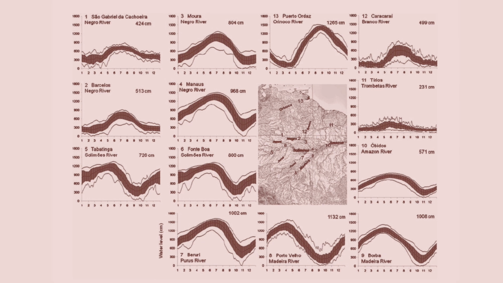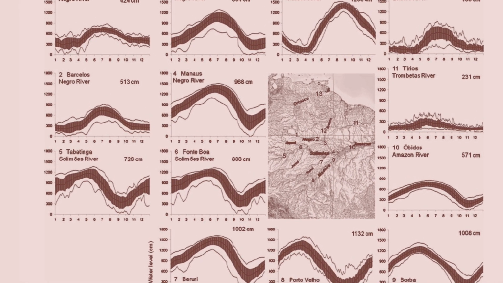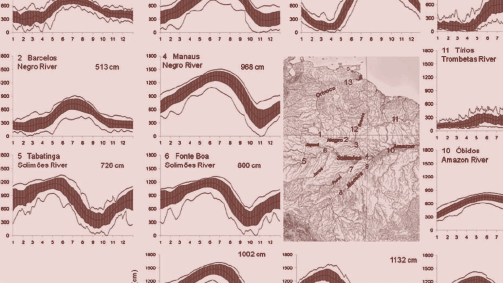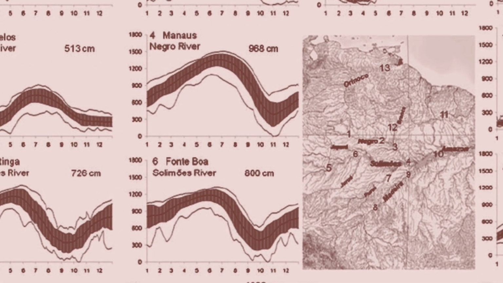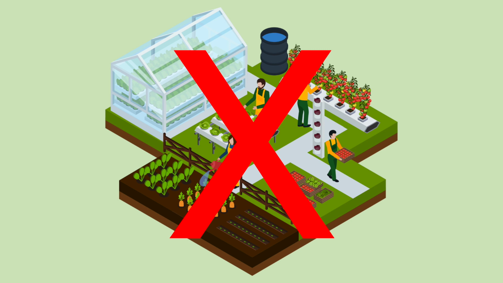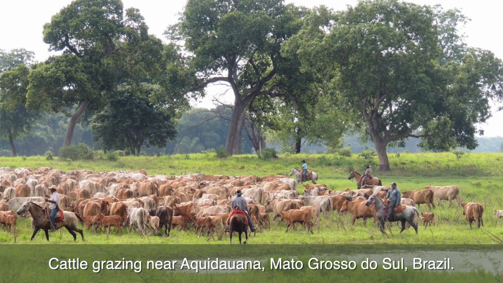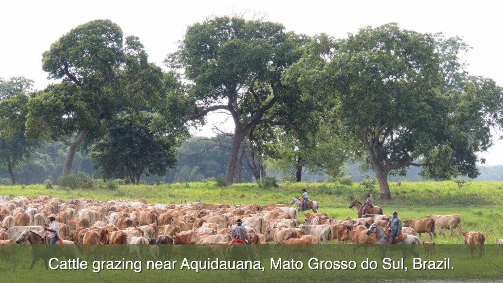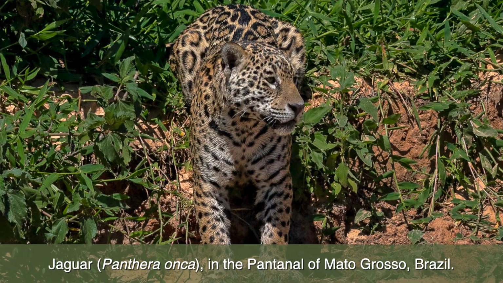An annual flood pulse, with a sequence of dry and wet periods lasting approximately 6 months each, will have a tendency to close the nitrogen cycle. Note that the rate of oxygen diffusion in water is 10,000 times smaller than that in air. When oxygen is forced to diffuse through water-saturated pores, this restriction in oxygen transport quickly leads to anaerobic conditions. Anthropogenic nutrient export will be difficult under these circumstances. The denitrifying ecosystems may be well suited for uses such as cattle grazing and wildlife habitat, but not for intensive